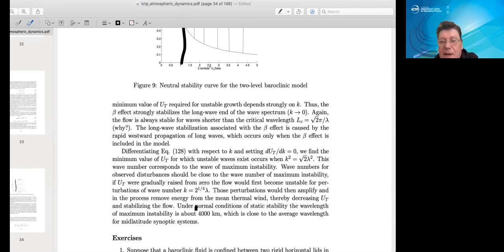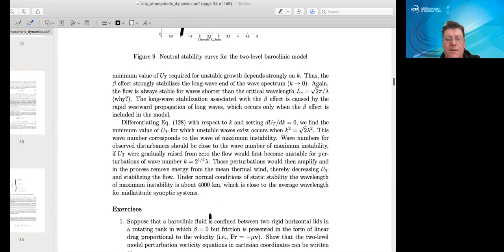So we may imagine that our atmosphere is always, in the mean, on this limit of instability,